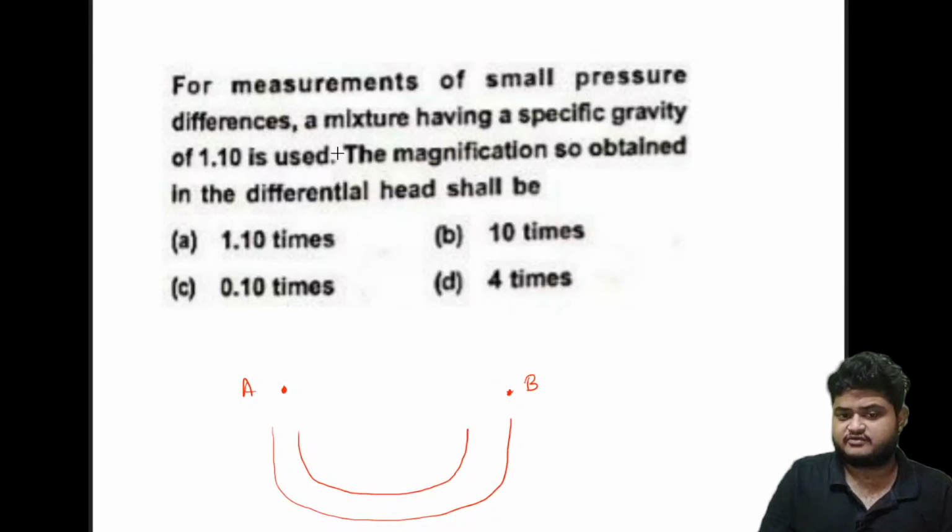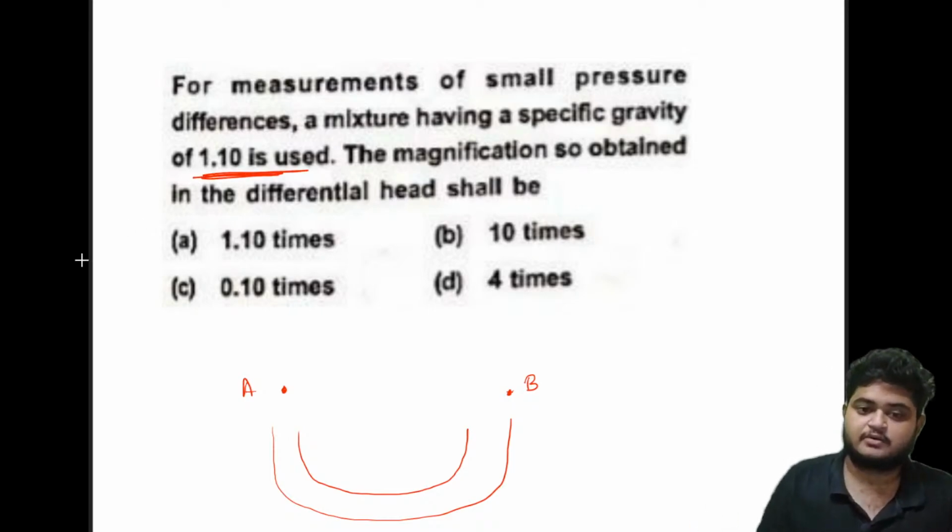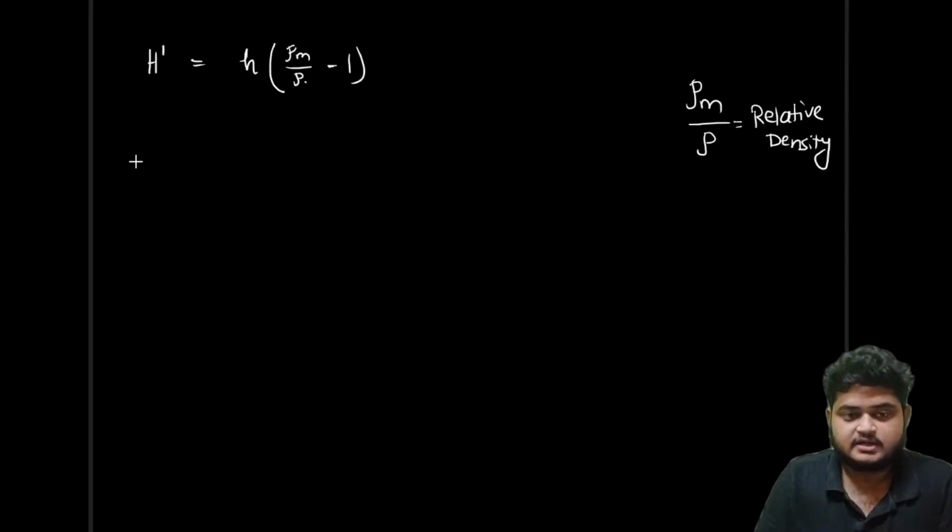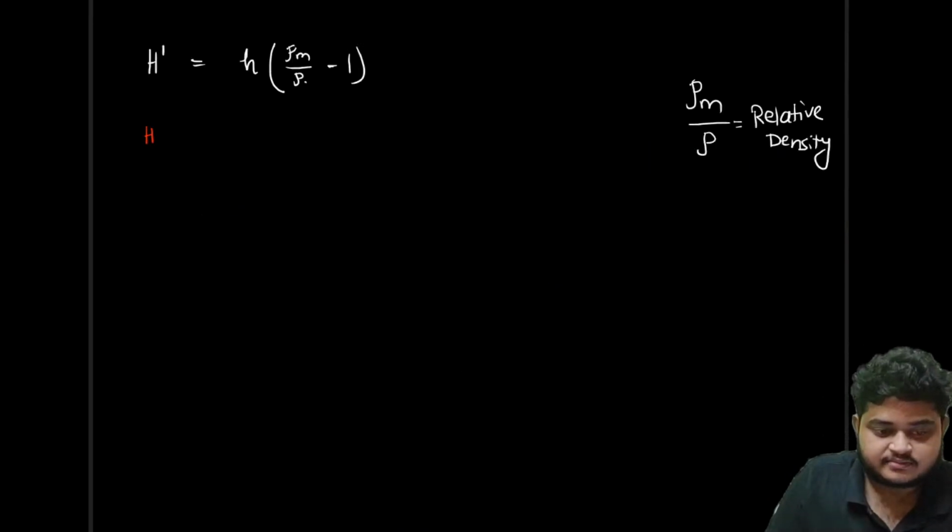And here the question is saying that for measurement of small pressure difference, a mixture having specific gravity of 1.10 is used. तो ये दिया हुआ है हम लोगों का, स्पेसिफिक ग्रेविटी दिया हुआ है, ठीक है। तो हम लोगों को आंसर चाहिए होगा, तो ये सॉल्व करेंगे, तो H डैश हमको निकालना है,